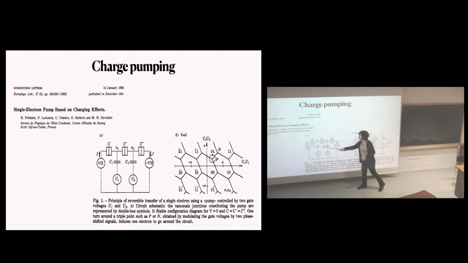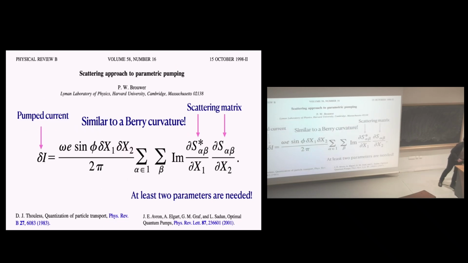You can put some gate voltage, and operating with these two gates, pump electrons against the direction imposed by the external voltage. So this is one experiment with the electrons, and that motivated some activity some time ago. It was quite inspiring. And this was a description of this kind of processes in terms of the scattering matrix approach. I'm going to say a few words in a while, but basically what they implement here is some adiabatic